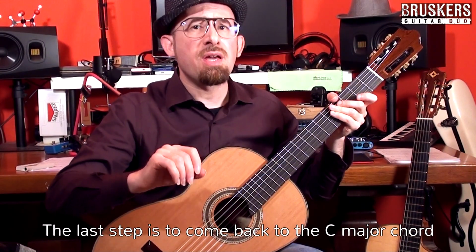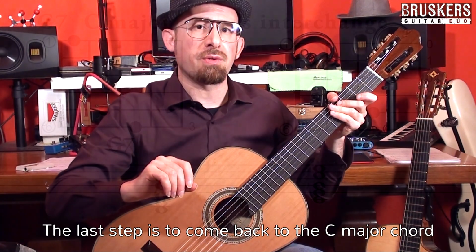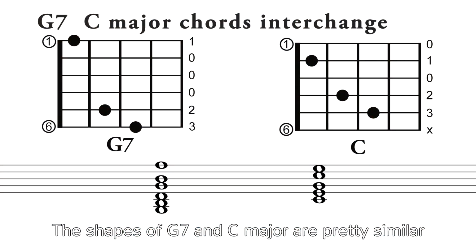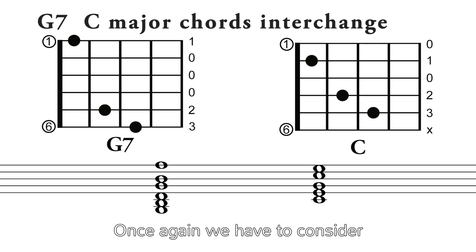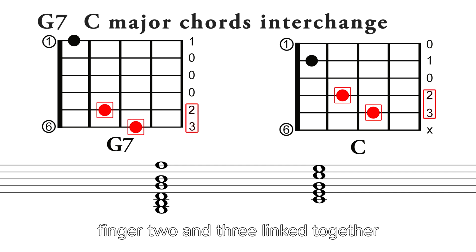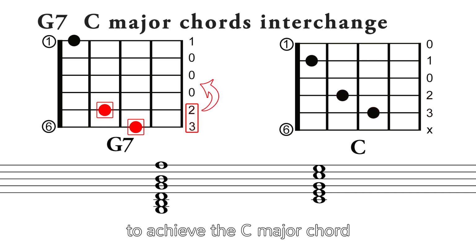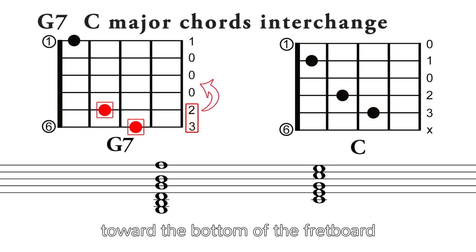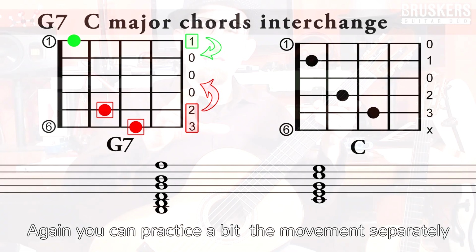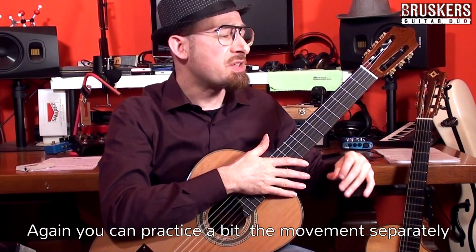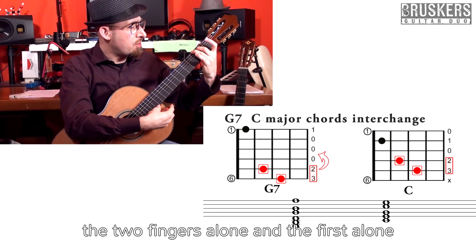The last step is to come back to the C major chord. The shapes of G7 and C major are pretty similar, although the fingers are placed on different strings. Once again, we have to consider fingers 2 and 3 linked together. To achieve the C major chord, this couple is going to move toward the bottom of the fretboard in an opposite direction compared to the 1st finger. Again, you can practice a bit the movement separately, the 2 fingers alone